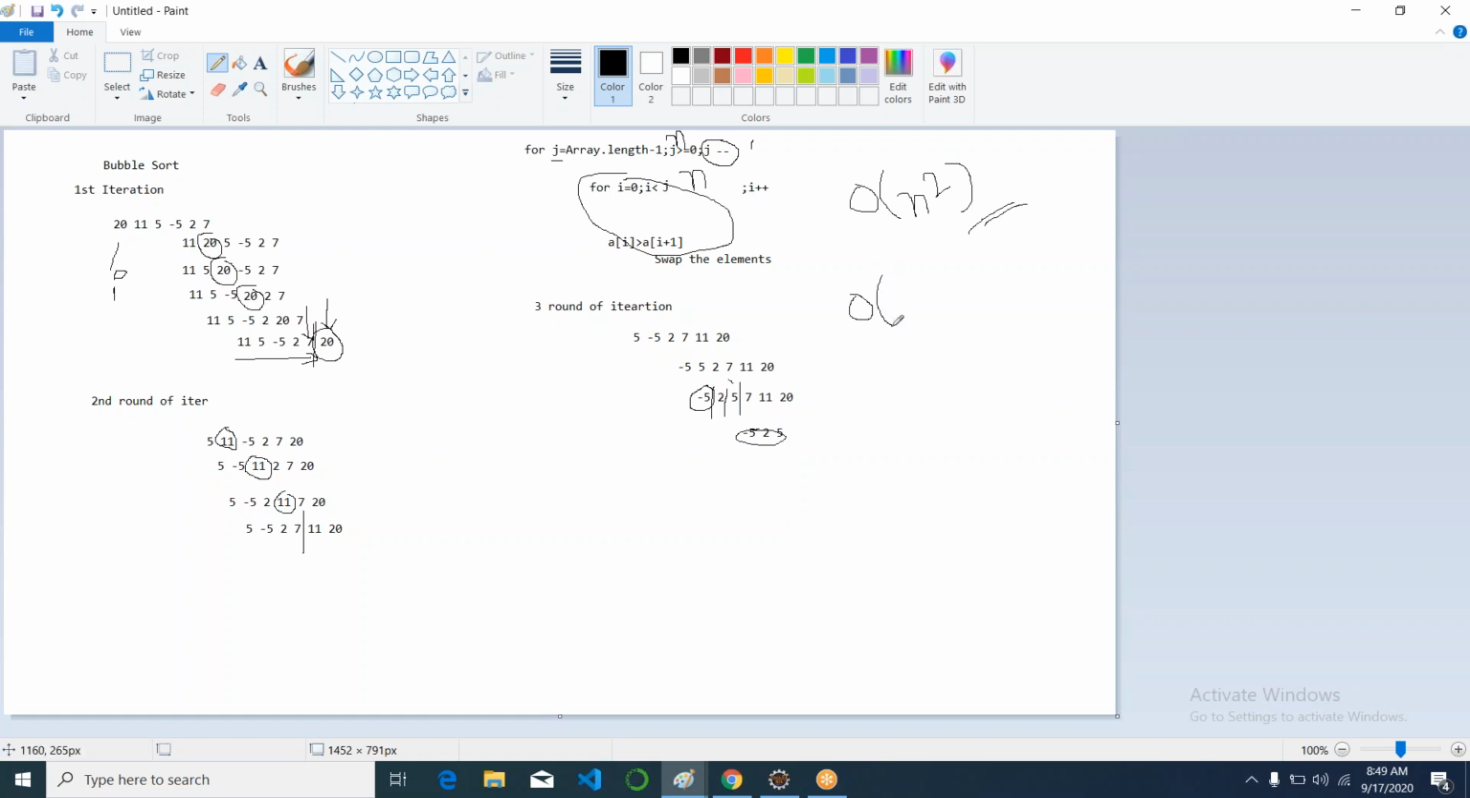Of a one, what do they say? It is constant, so O of 1. Yeah, constant. So this is constant time complexity. So the time complexity of this logic is order of n square, whereas the space complexity is order of 1. Okay, this is all about bubble sort,